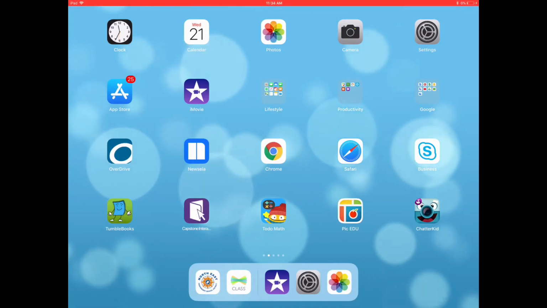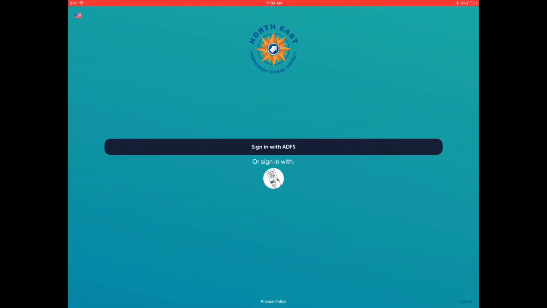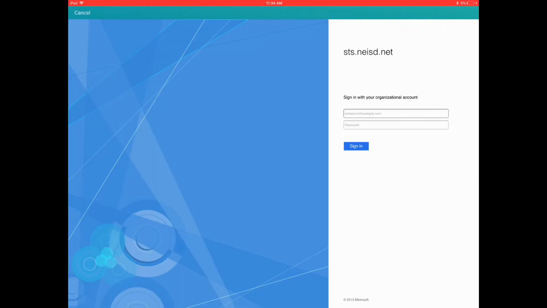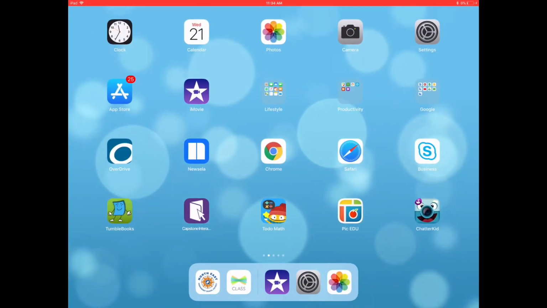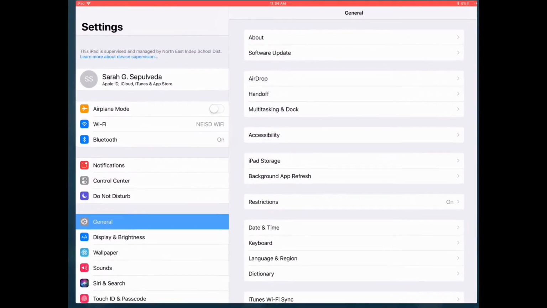Logging into Launchpad can be really time-consuming for younger students. Getting that domain name portion of their email address typed in can be tricky. Getting the periods and no spaces. What I'd like to show you is a shortcut, a way that we can have the kids go into settings,